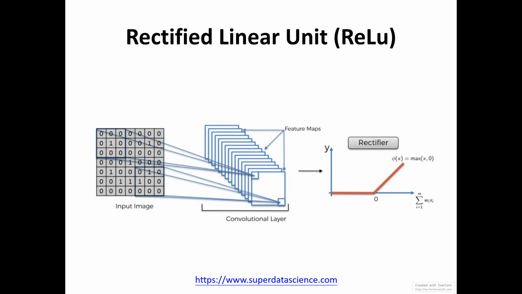So for the rectifier, the horizontal axis is just like the summation of the information, and only when it passes a certain threshold, it will have a linear response to the input values. And that is important because